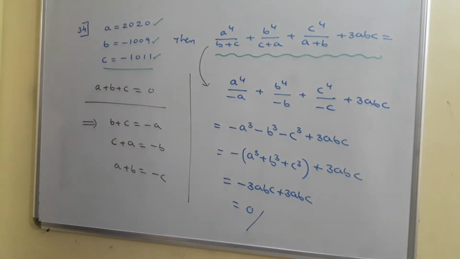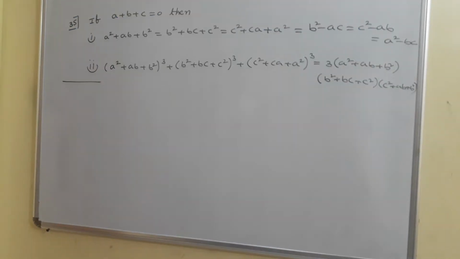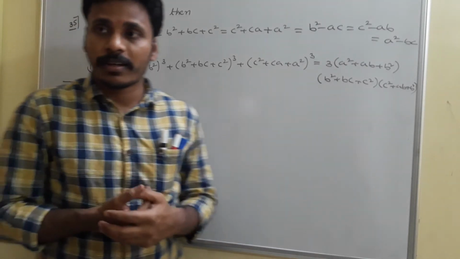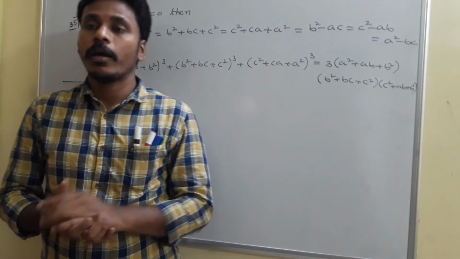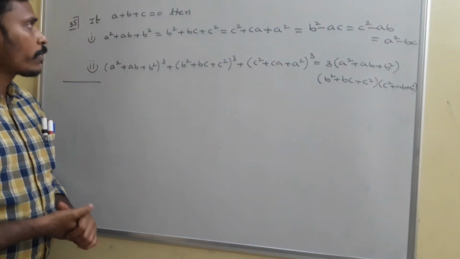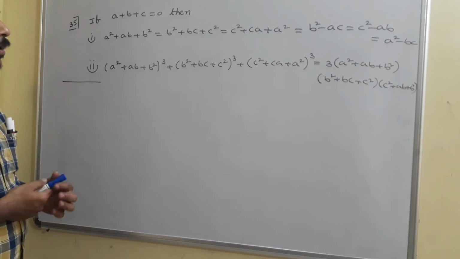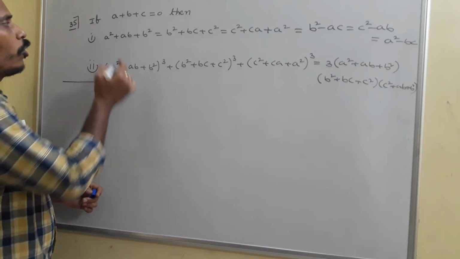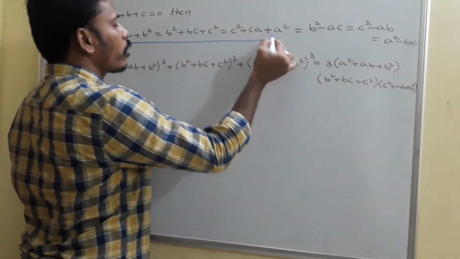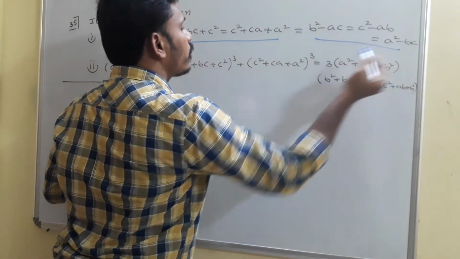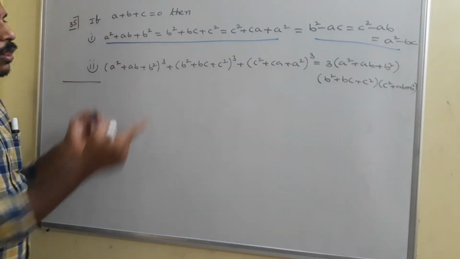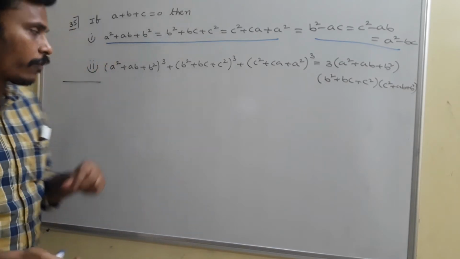Just have a look. Go for a screenshot. Right, look at the board, 35th problem. See, already we discussed different relations if a plus b plus c is equal to 0 in the last class as well as in this class also. But this is another one. A plus b plus c is 0 is given. So if a plus b plus c is 0, then these 6 items are equal. These 3 are symmetrical, these 3 are symmetrical. At the end, all the 6 are equal. That's the first part we need to prove.